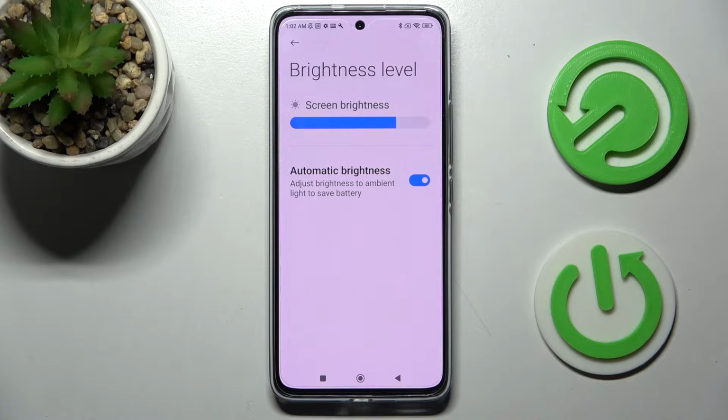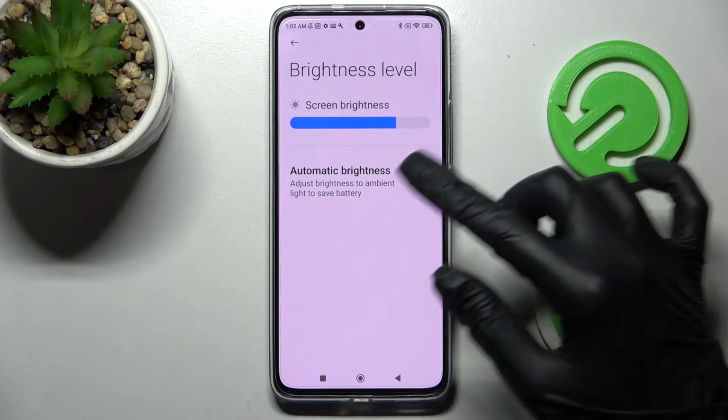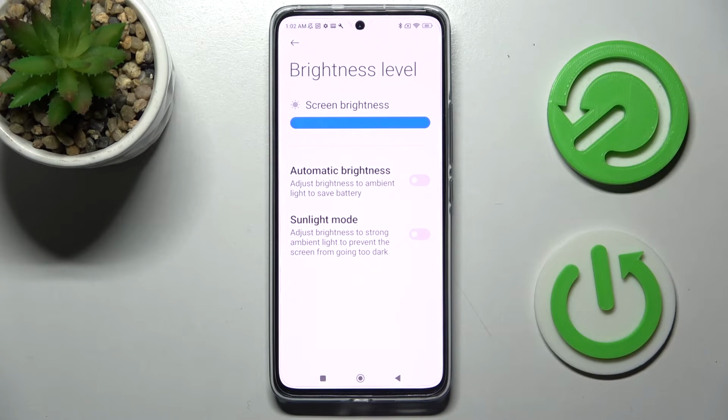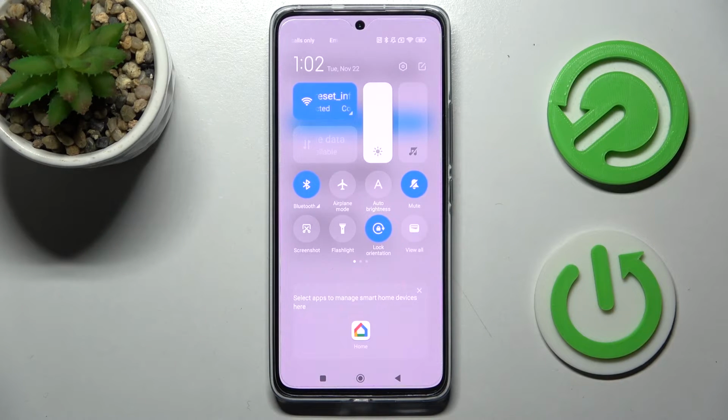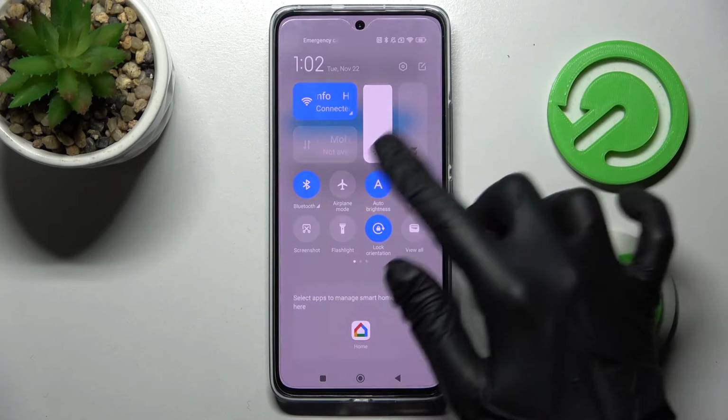As you can see, after that, Auto Brightness is on. If you wish to turn it off, click on the same switcher. But you can also go into Tab menu instead and select this Auto Brightness shortcut to switch it on or